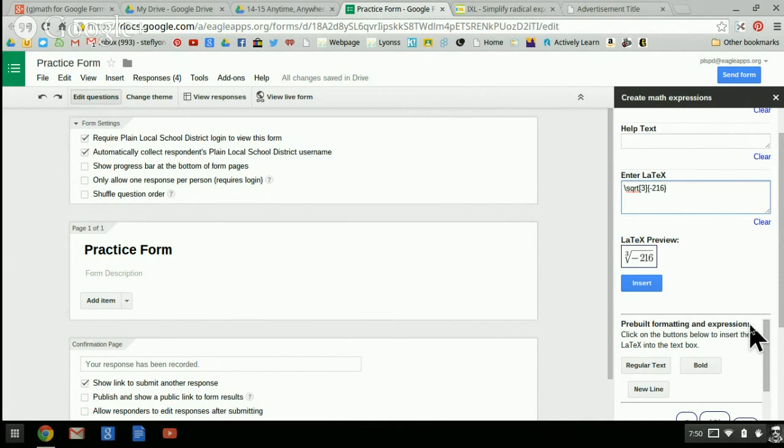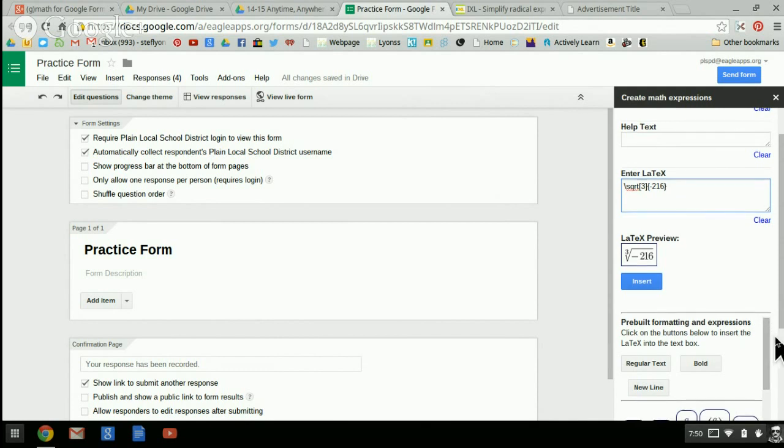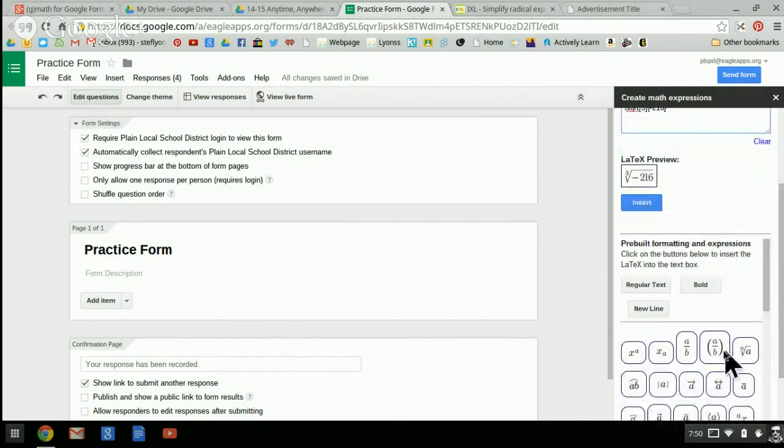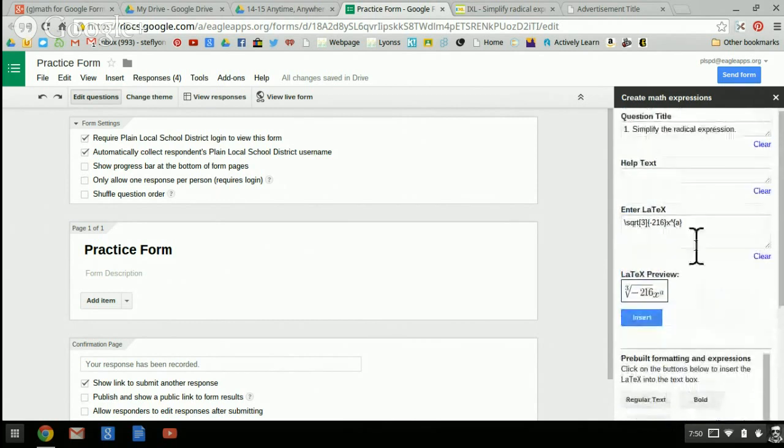And then I also want to put a variable in here, and I want it to be x to the 6th. So to get the x with the exponent 6, there's actually a spot for that right here. I'm going to go ahead and click on it, and it'll give you, once again, the code, and it'll display what it's going to look like just below it. And I want to change that variable of a to a 6. And here in the preview box, we'll show you exactly what it's going to look like. Once you click insert,